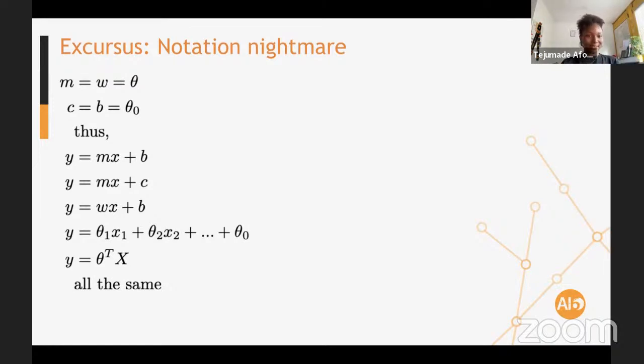c is b is theta 0. So when we say y equals mx plus b, it's the same thing as y equals mx plus c, wx plus b, theta 1 x1, theta 2 x2 if you have multiple features, or in a compact form, theta transpose x.